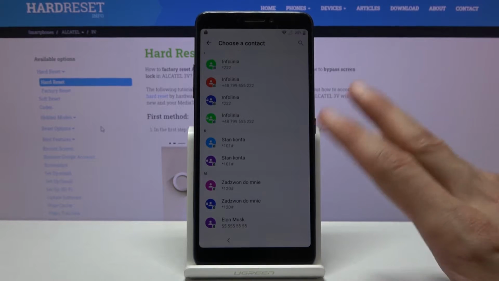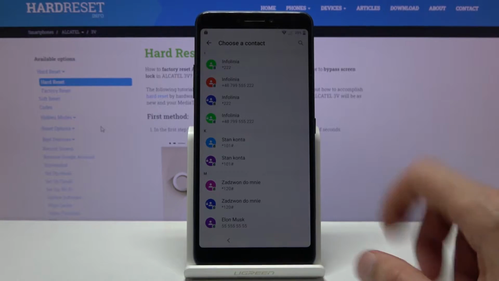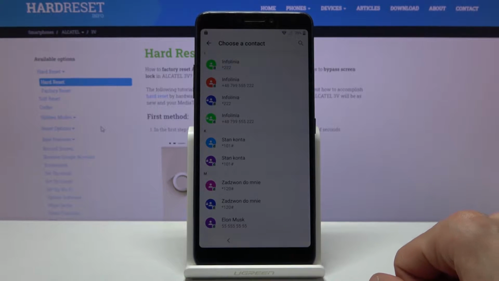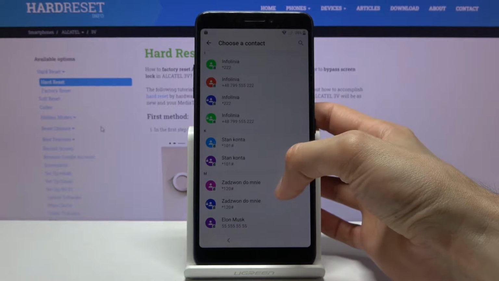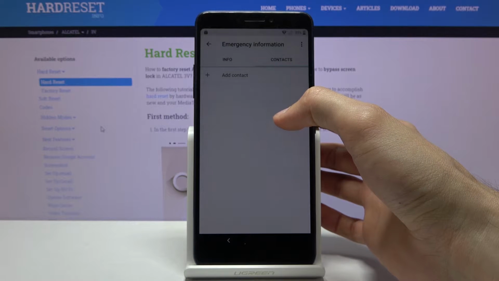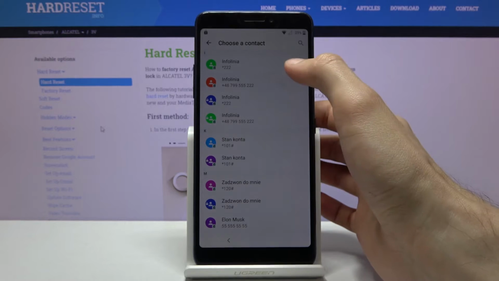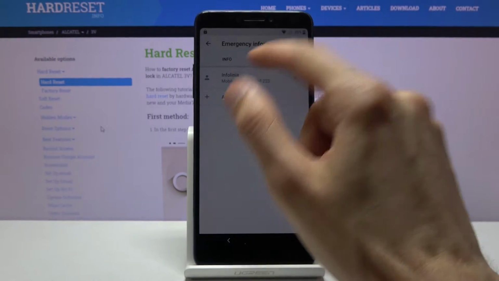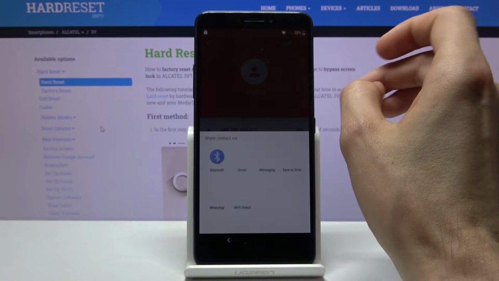Now if this window right here is completely empty, just simply reboot the device and repeat from the beginning, and that will most certainly fix the problem. It takes a couple seconds for the card to usually load. So from here, choose any kind of contact that you want to, it doesn't really matter which one. So once you tap on one, assuming it needs to be, I guess, a contact, there we go. And you can tap on it, go to edit, share,